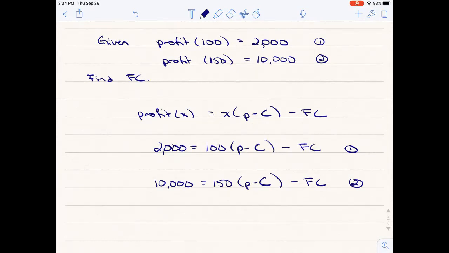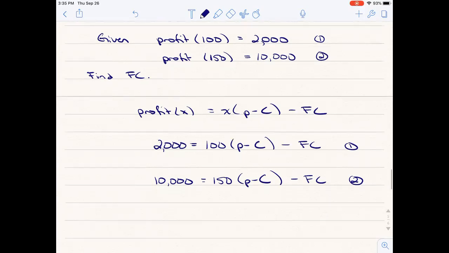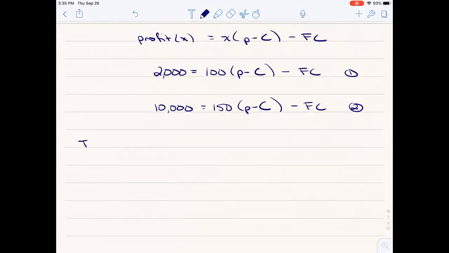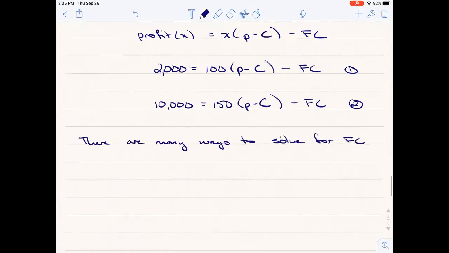So this one is a bit of a thinker, right? How are you going to solve for these? You have 3 unknowns. Luckily, the P minus C is the same unknown in both situations. And so however you go about wrangling this thing is probably going to be fine. In fact, there are lots of ways that we can solve for the fixed costs, so there are many ways to solve for the fixed costs,